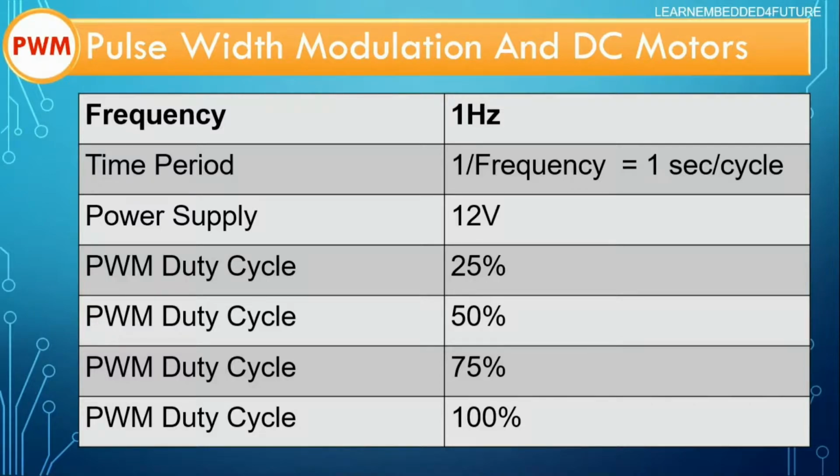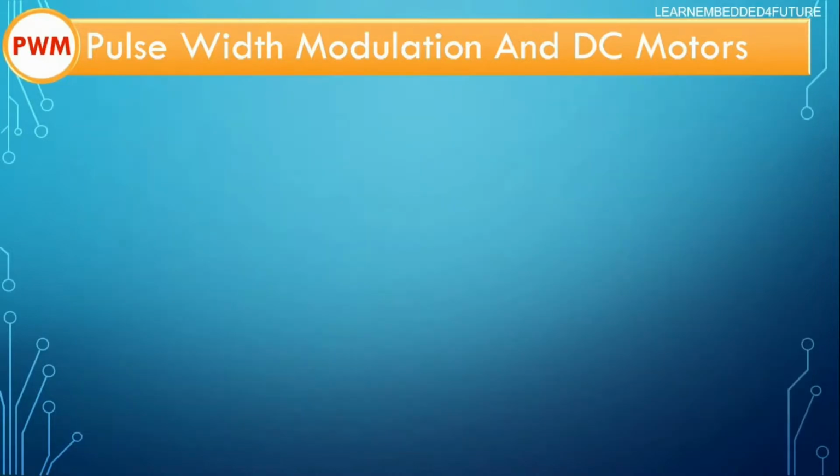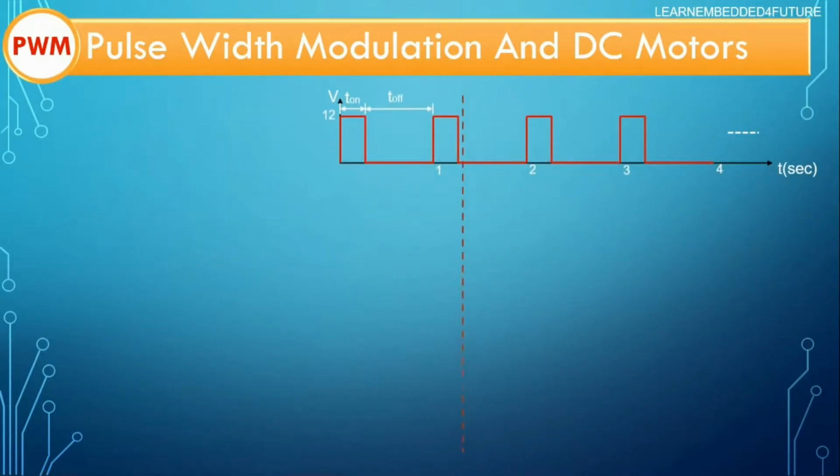To analyze this concept graphically, I'm going to use a frequency of PWM signal of 1 Hz. That means the time period of this signal will be 1 second. I will be considering a power supply of 12 volt and we will see 4 different duty cycles of PWM signals along with their effect on average voltage output. Taking these PWM signal configurations into consideration, let's start with the first case where the PWM duty cycle is equal to